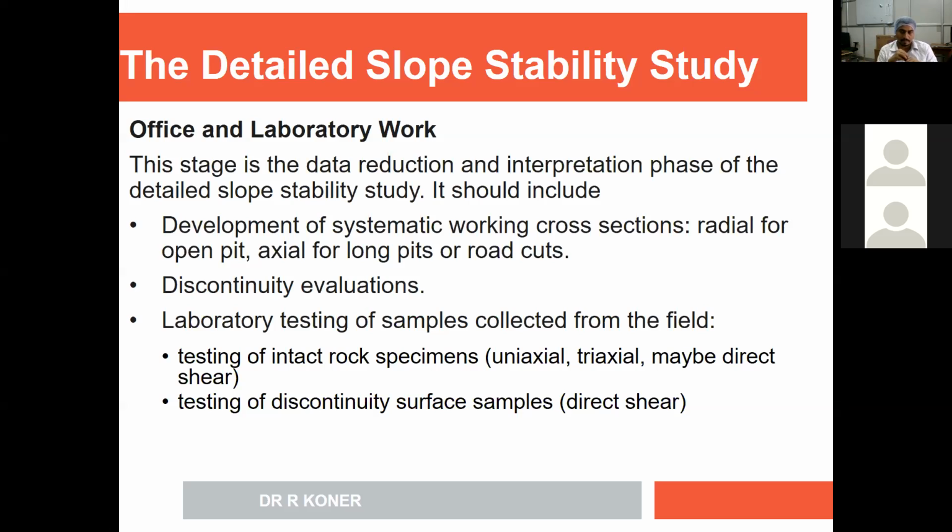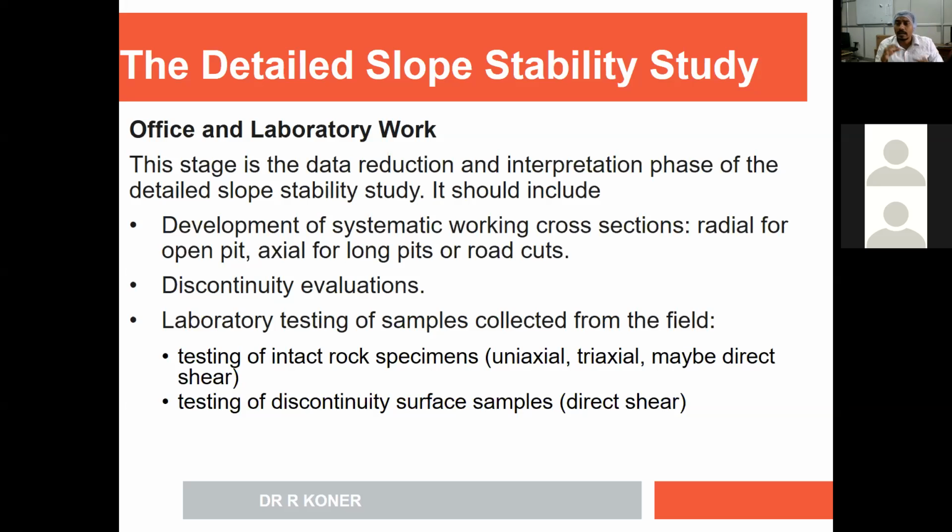Here we can develop the radial open pit working section. From that figure, you can determine the 2D XY plot, height versus width of the particular bench. You can also evaluate the discontinuity concentrations. I will show you how to do that by plotting the great circles and their poles, the concentration of poles, and from those poles we will plot the contours of the poles, so you can understand the intensity of those geological features in the site.